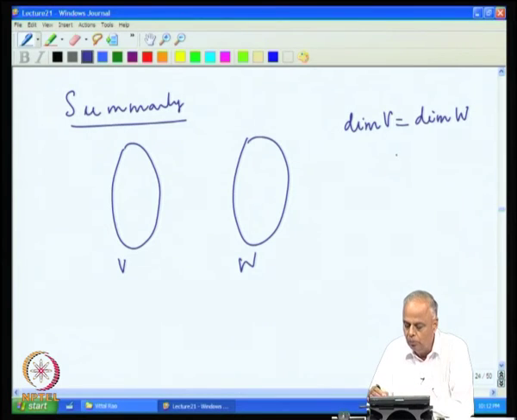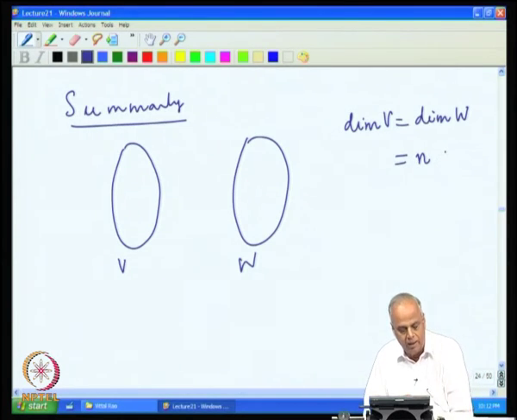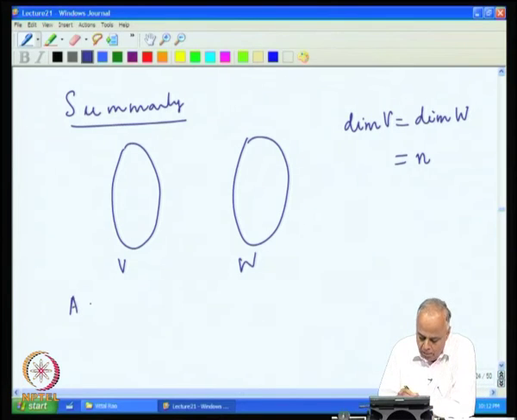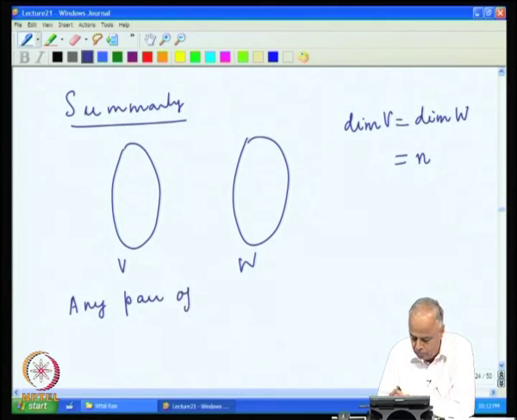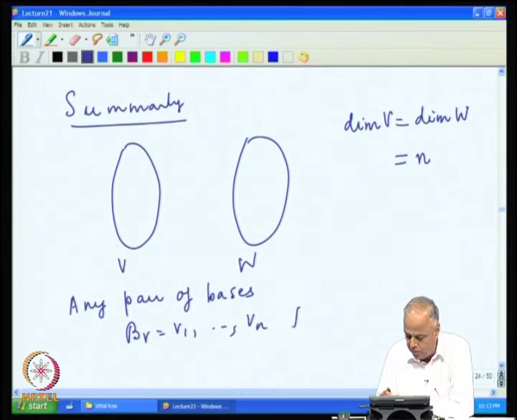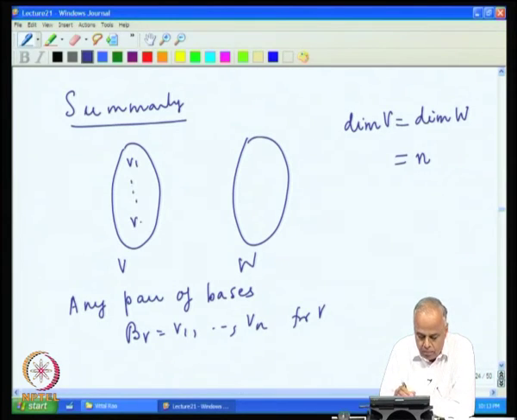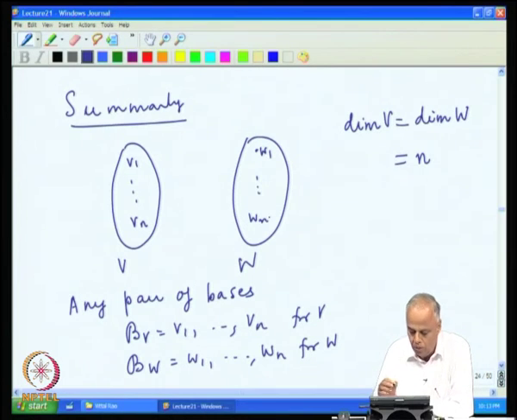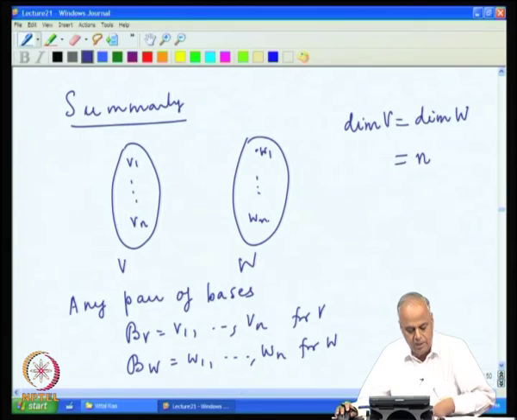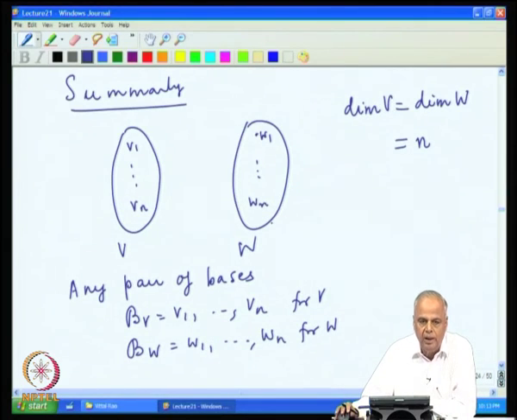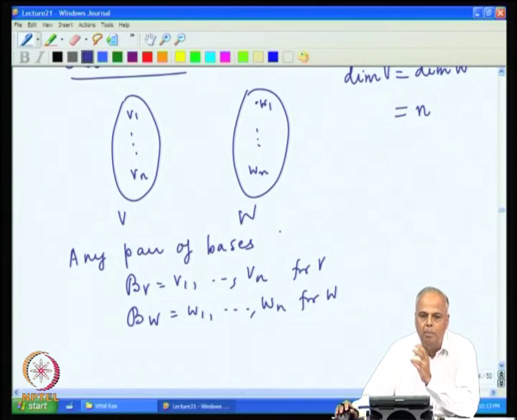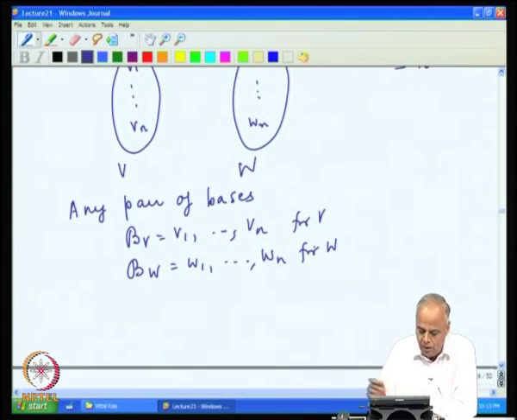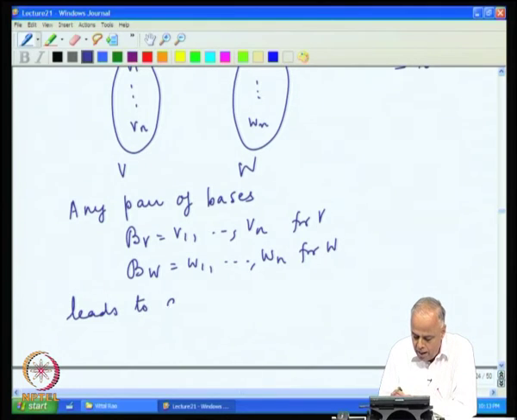So, if we have two vector spaces of the same dimension, say equal to n, then any pair of bases B V, V 1, V 2, ..., V n for V, and B W, W 1, W 2, ..., W n for W. So, you take any ordered basis B V for V, any ordered basis B W for W. So, you take a pair of bases, one for V, one for W, leads to an isomorphism